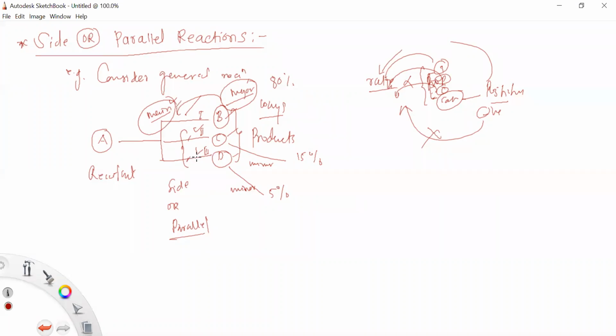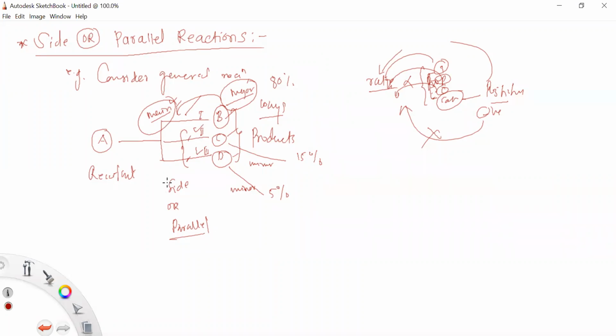So suppose this reactant molecule reacts and undergoes three types of product formation. Products 2 and 3 disturb product 1, that is path 1, which is called the main reaction. This is a very simple thing that happens in side and parallel reactions, right? The remaining two reactions are known as the side reactions. So on the basis of this,